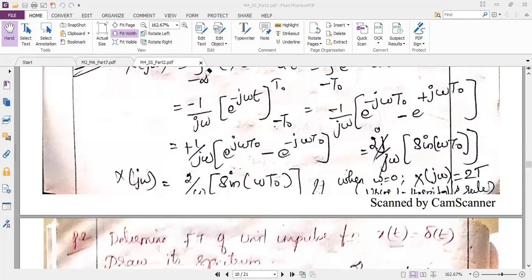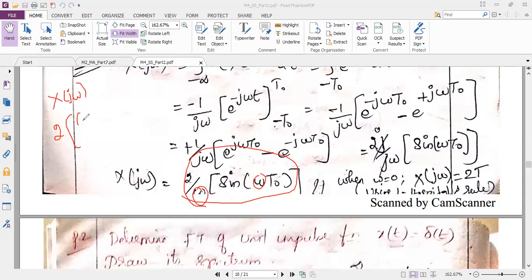So if omega is equal to 0, then tell me what rule we will apply? Anybody? If you get an indeterminate form, yes, L'Hospital's rule. You know how to do L'Hospital's rule? We have to differentiate this term. Differentiation of 2, a constant, I will keep as it is. I will be differentiating with respect to omega, because omega is the problematic term, because of which I am getting 0 by 0.